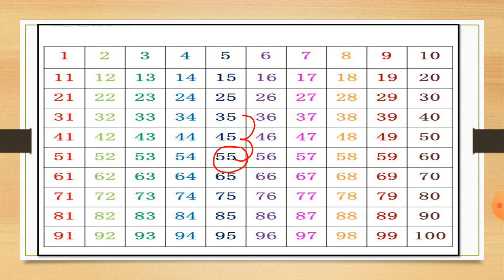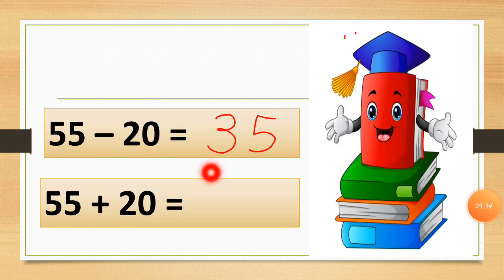So let's see if our answer is right or wrong. Here we get the answer 35, and let's check in the sum which answer we wrote. You can see here, as we get the number 35 in the hundreds grid, here we also get the number 35. So this shortcut trick is also this easy. Let's solve the next sum using the shortcut trick.